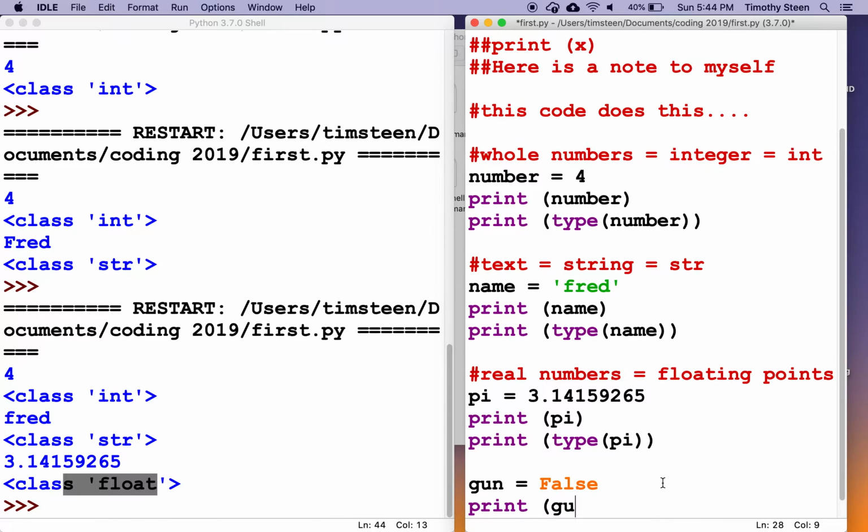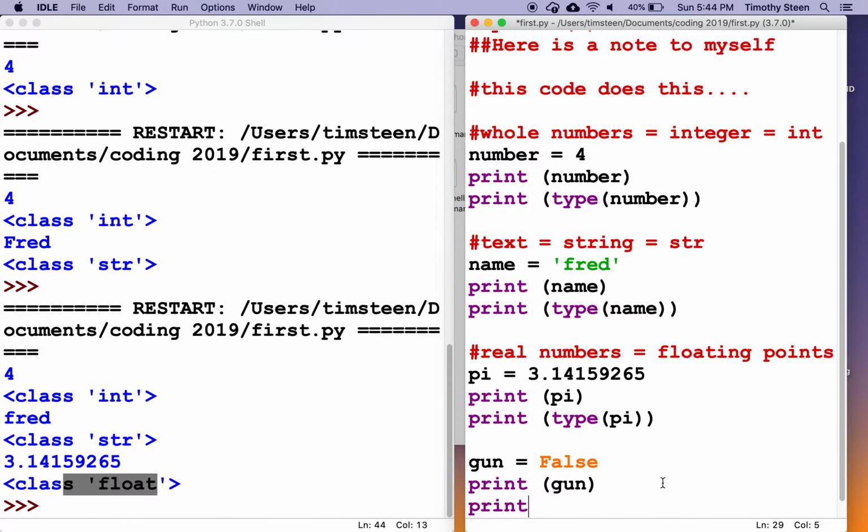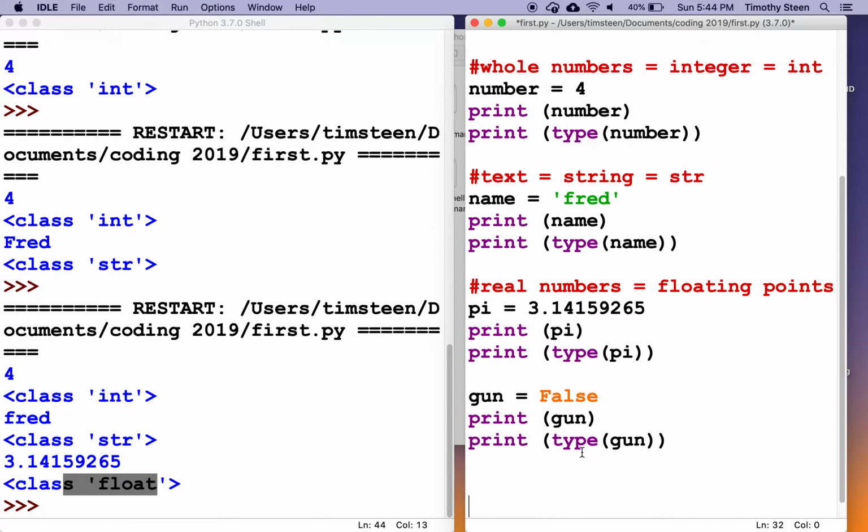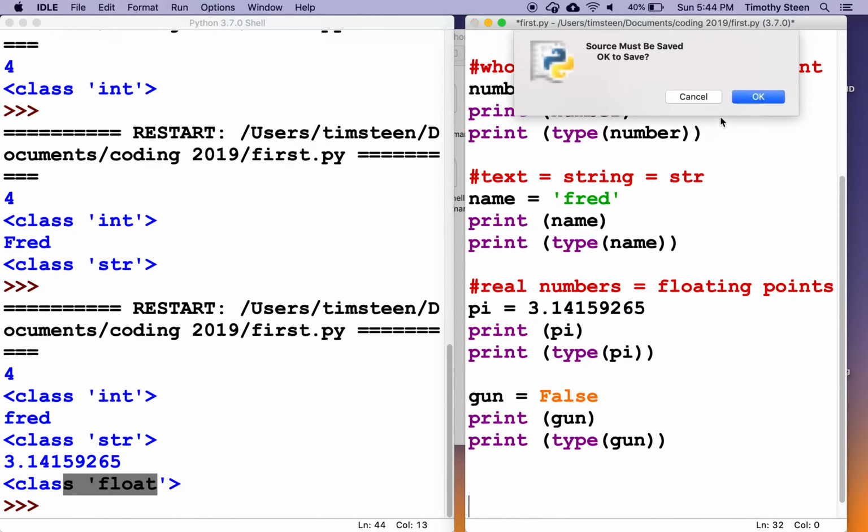So I could print gun, and I could print the type of gun, and that doesn't mean what kind of gun is it. It means what data type is the variable gun. And I was to run this,